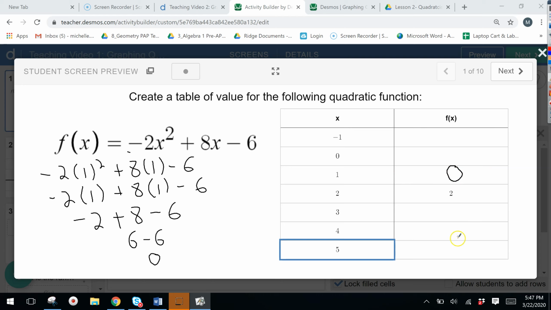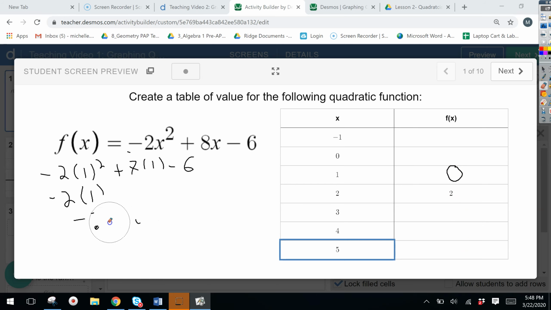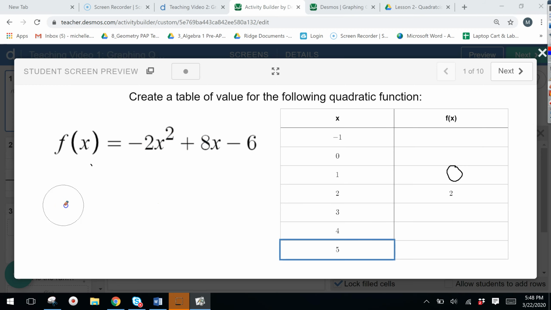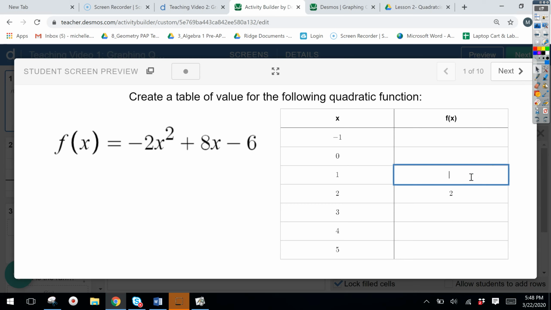So remember that our quadratic function is going to be symmetrical. So we should get a 0 when we plug in 3 as well, but let's double check. If I plug in a 3 here, and again, let me go ahead and type that in so that way our work doesn't go away when we finish. Okay, so when I plug in a 3 here,